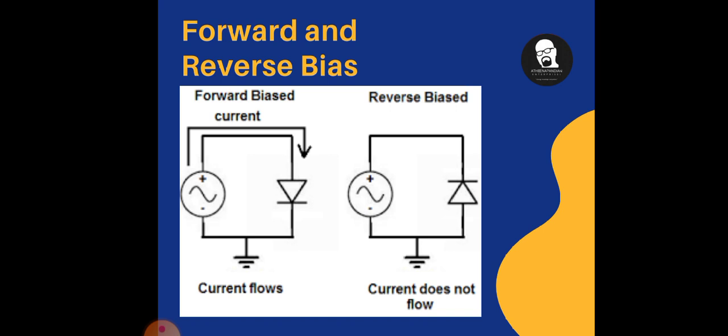gets extended, because the n-type side of the diode, which contains the negative charge particles, gets attracted towards the positive terminal of the battery. Likewise, the p-type semiconductor is connected to the negative terminal of the battery. That's why the holes are attracted towards the negative terminal of the battery. So instead of recombination, the charge particles will flow towards the terminals of the supply. So there is less chance of recombination. That's why the depletion layer in reverse bias gets increased, right?